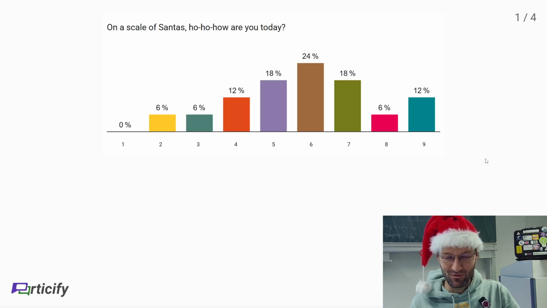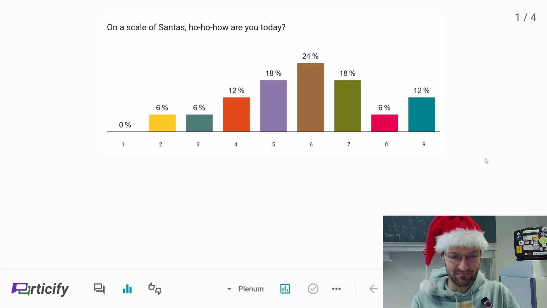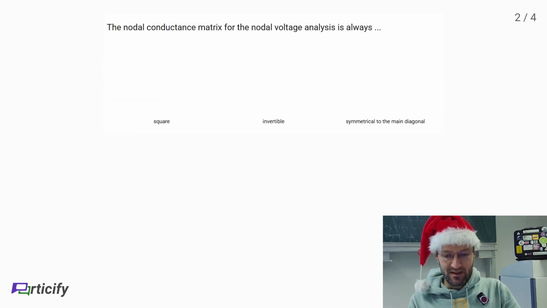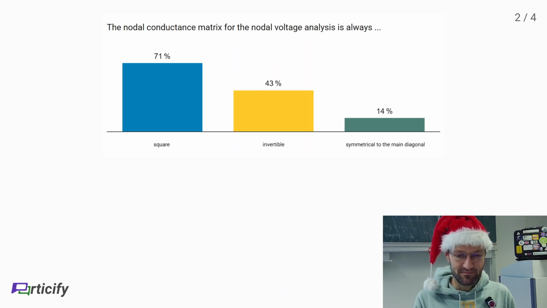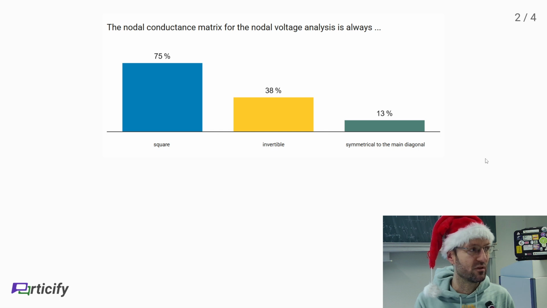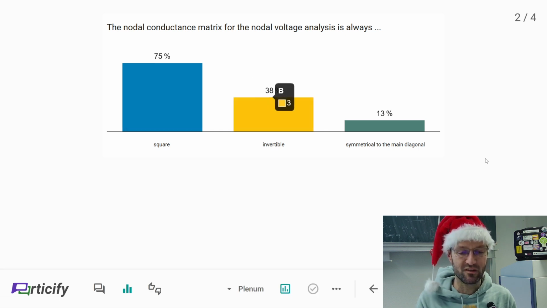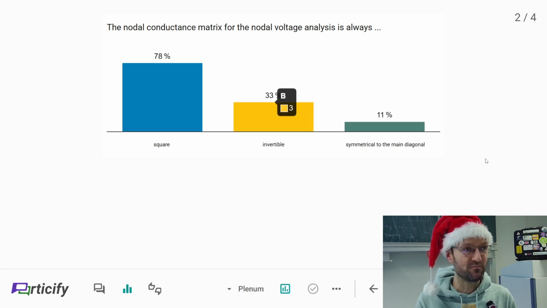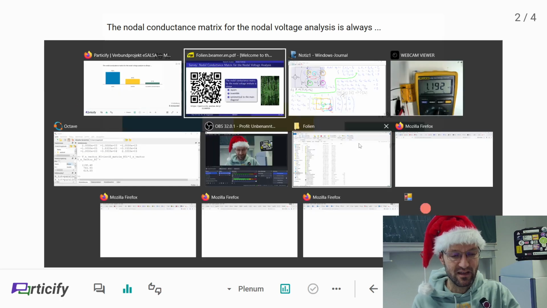So let's go to the website, check for the next question. And yeah, so it's always a square matrix. I mean, otherwise we would have more equations or fewer equations than unknowns, or vice versa, which does not make sense. So we always need to have the same number of equations as unknowns. It should always be invertible, because otherwise we cannot solve the system of equations. And it will also always be symmetrical to the main diagonal. Yeah, we can check